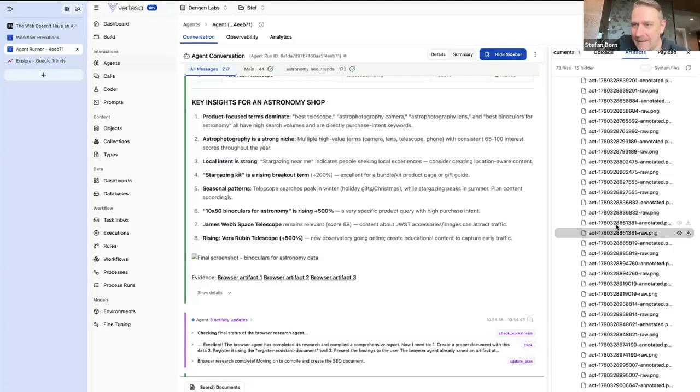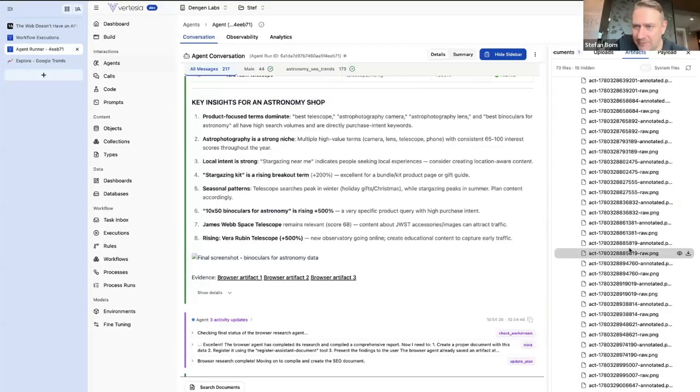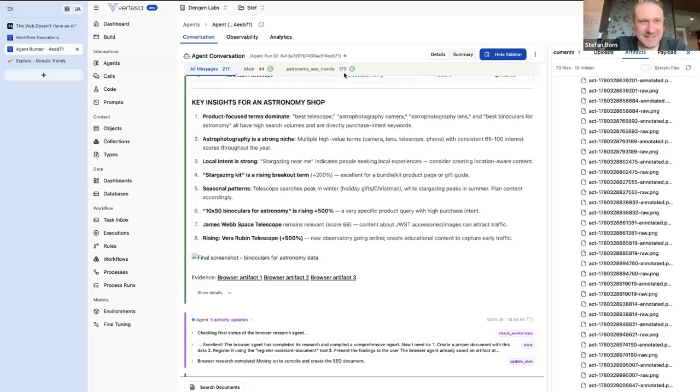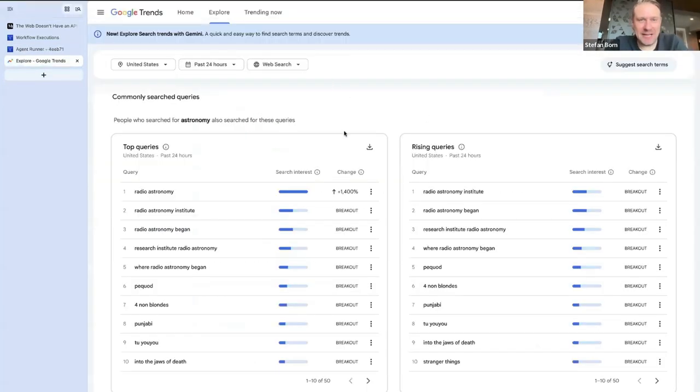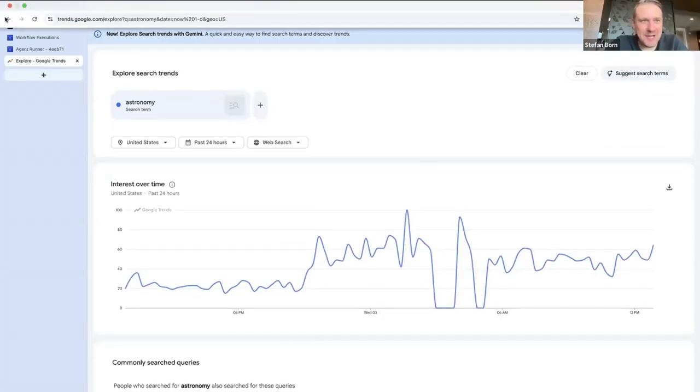So this here, then an annotated version of that. And I need to jump a little bit through them here to get to an interesting one. This one here was a super interesting one. So this is stargazing, right? A normal process would have come back and said, oh yeah, stargazing, it's a trending term, use it, right? But the problem is when I put in stargazing here, and this is now the difference to